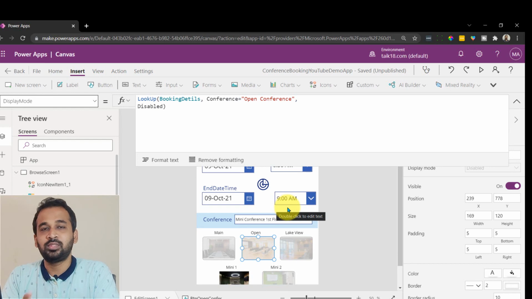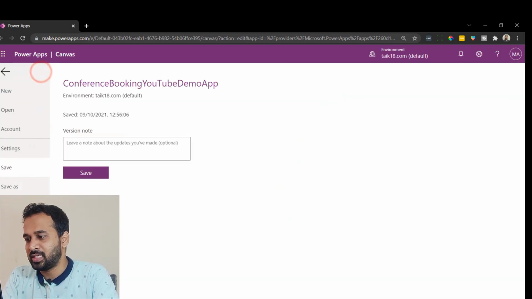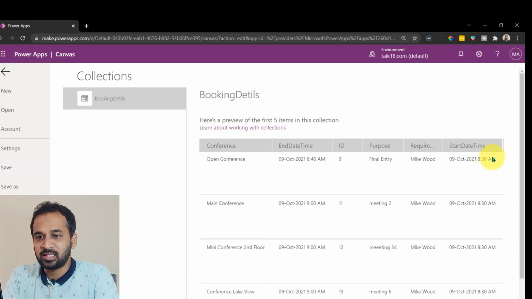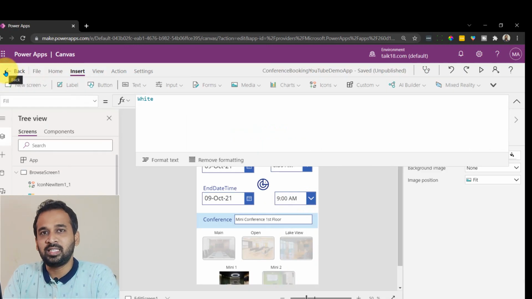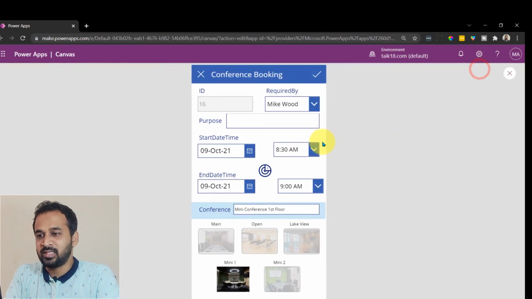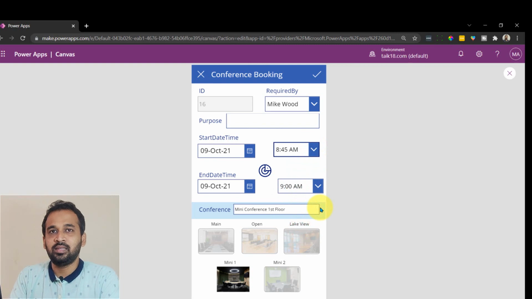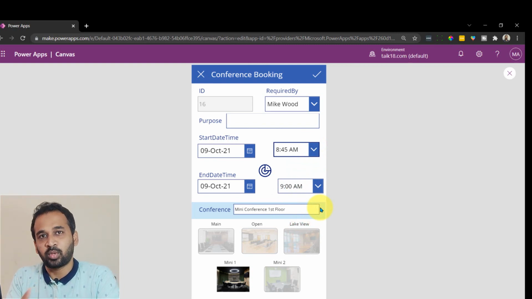Right now we have three things. One is we need to save this information, the other is we need to update this information, and the third thing is I will tell you now. If I run this application and go back to collections, you can see the meeting starts at 8:30 and ends at 9 a.m. So if I select, for example, 8:45, then still there are lots of rooms which are already in process, right?